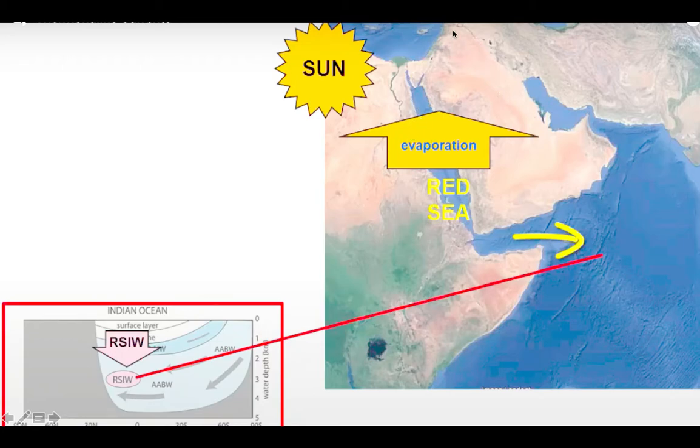यहाँ देख रहे हो ना? See, this is desert. This is entire desert. It is surrounded by desert. So the evaporation rate is very high. At the same time, it is closer to the equator. So what happened? More the temperature, more the evaporation, and more the evaporation, more the increment of salinity. So again, it will form an isolated water mass in the Antarctic bottom water. Okay, Antarctic bottom water में एक lens shaped water mass form होता है, that is RSIW, and its salinity and temperature are even more than your Mediterranean intermediate water mass.